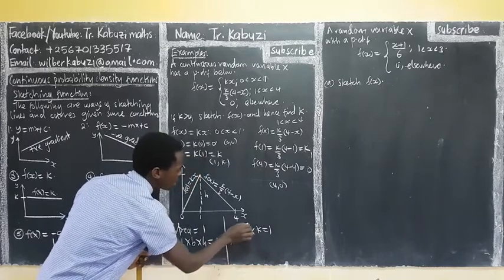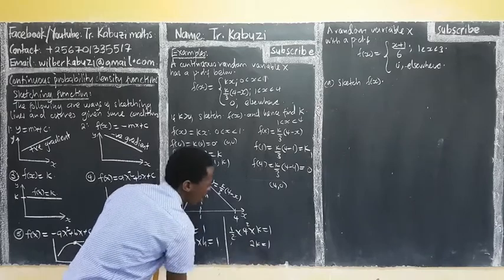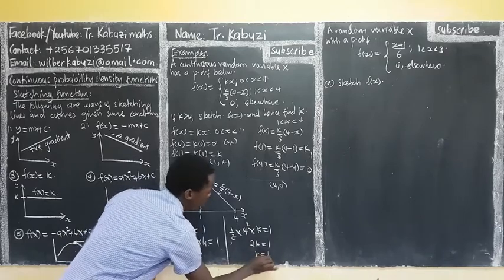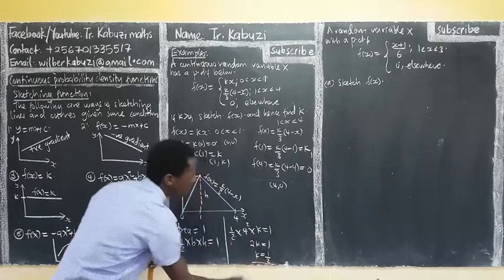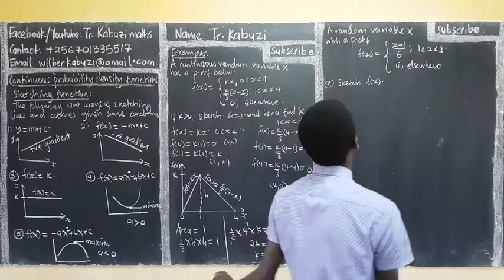This is 1, minus 2. So you have 2k equaling to 1, and our k is going to be a half, and that will be that. As simple as that, we are finished sketching. When you come to this,